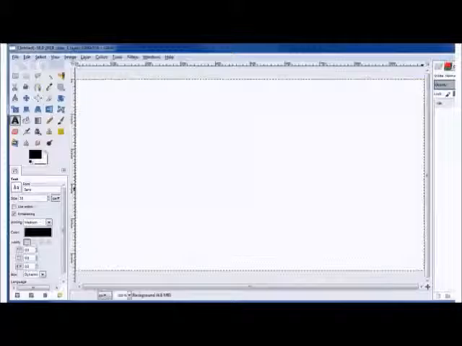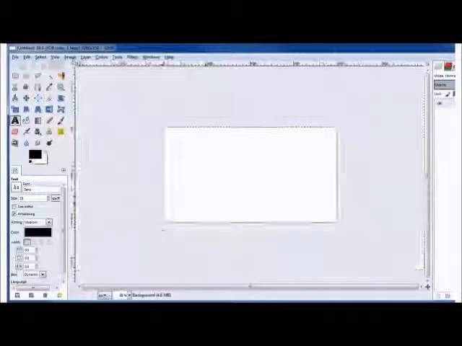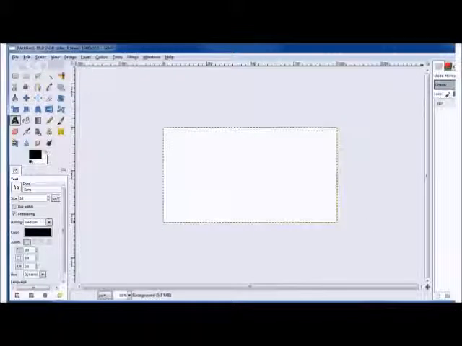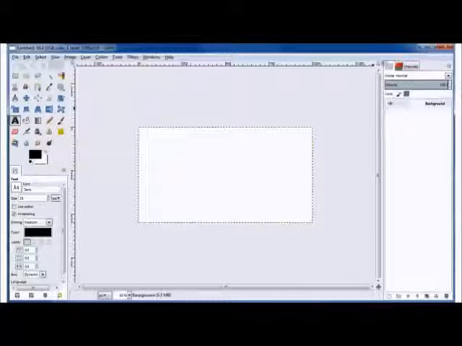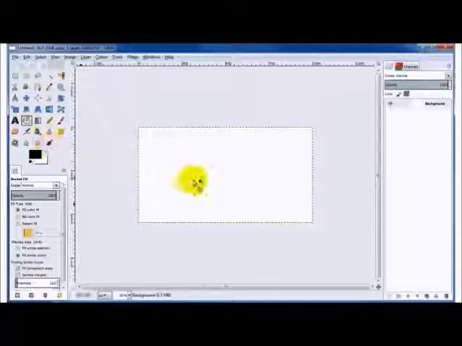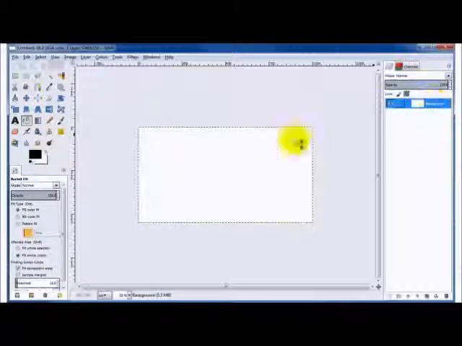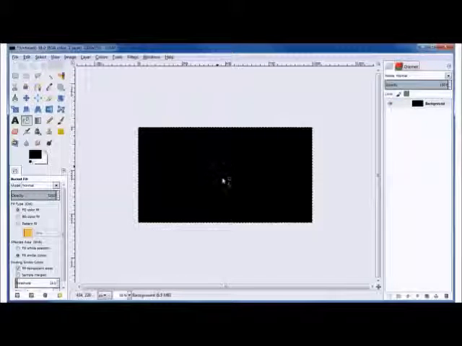And this is a little bit bigger than what the video is allowing for, so let's knock this down to 50% so we can get everything in the video. Squeeze this back in here, and I want to make sure that layers is chosen up here, and I'm going to go ahead and make this a black background. So come on over here to my paint bucket, and with the background selected,